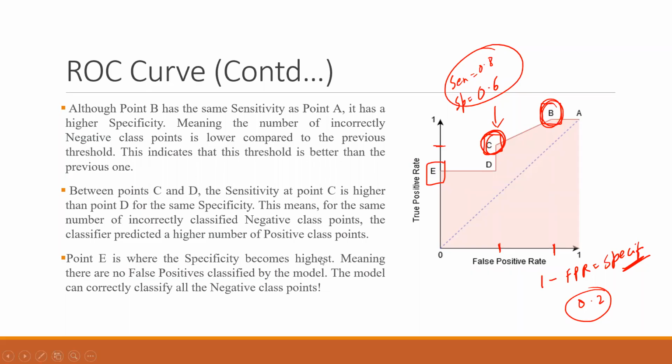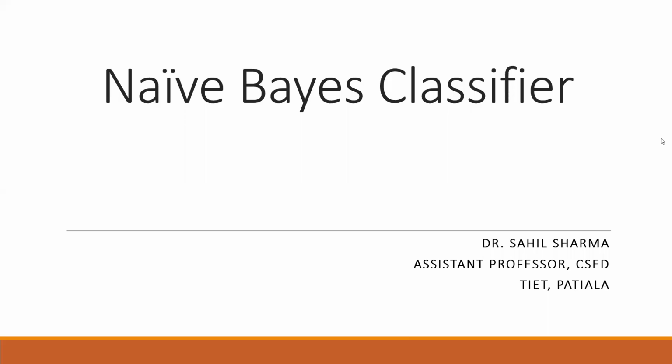So now we are going to start a classification model. We will be discussing a new classification model. We have already seen logistic regression that dealt with the binary classification, but now we will be looking at the naive Bayes classifier. I'm switching the screen. So we are going to start the naive Bayes classifier today, and let's see how much we can cover in the next 20 minutes.